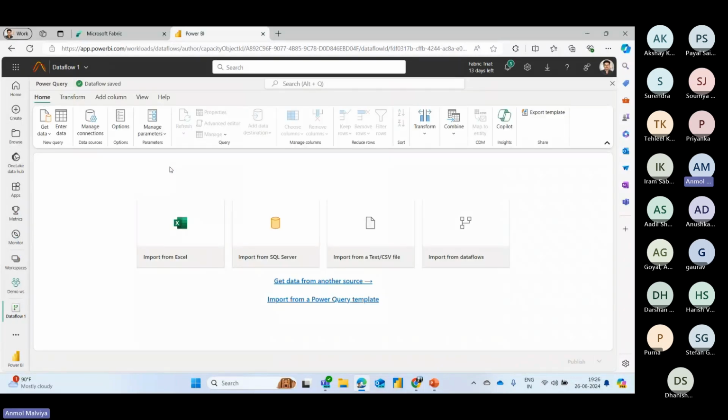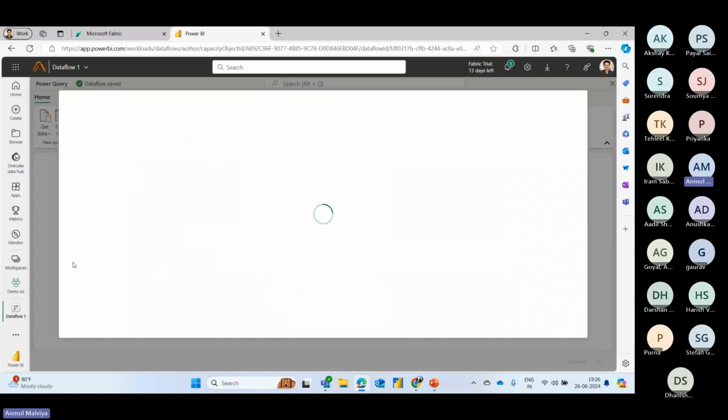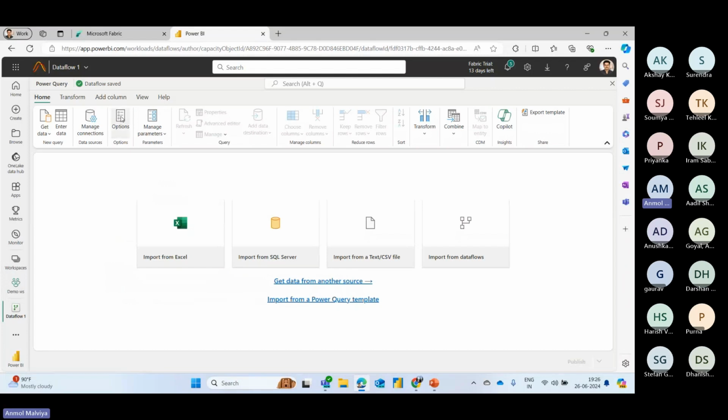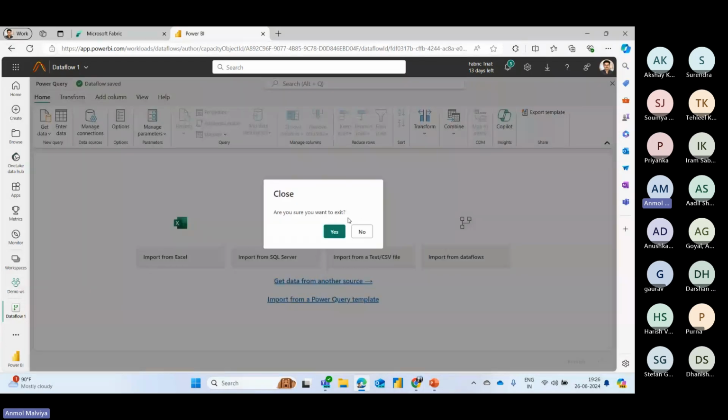Okay, so now our dataflow is created, and you can see the interface is completely the same as the Power Query editor. We have the Home button, then the Transform button, and the Add button. In the Home tab, we get the option to import data. You are already familiar with this in Power BI if you have used it. There are some additional options to import data. Some Lakehouse options are also available, which are also available in Power BI now. And we can also create shortcuts to import data. That's a bit of an advanced part, and we will discuss it later. So this is how you can create a dataflow.